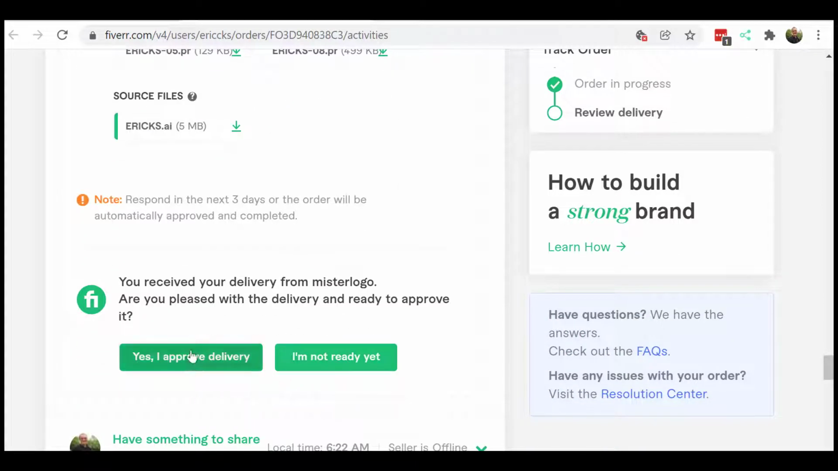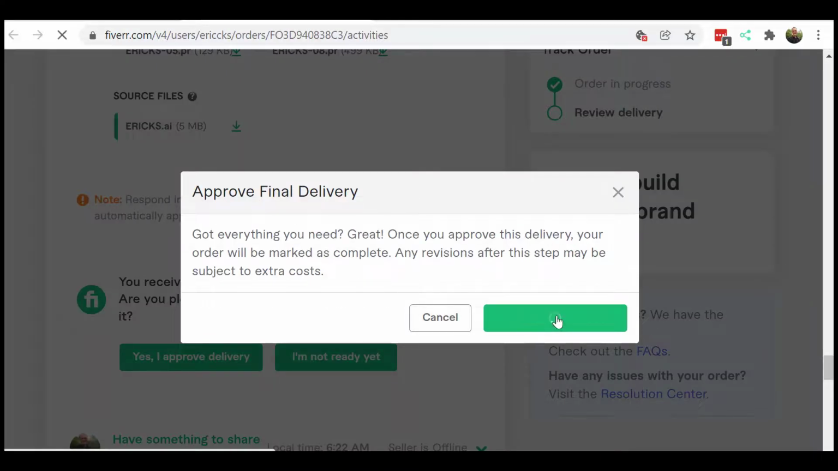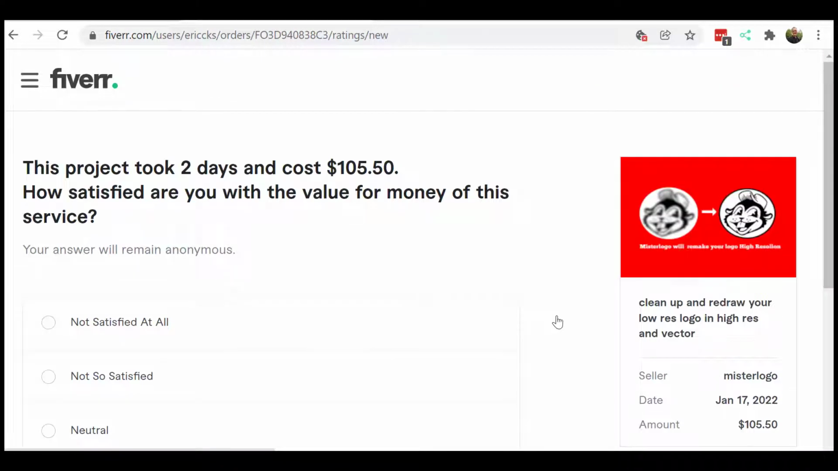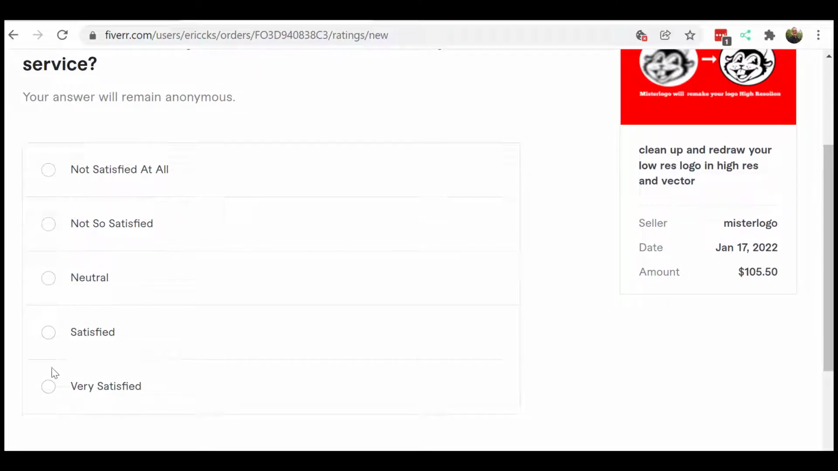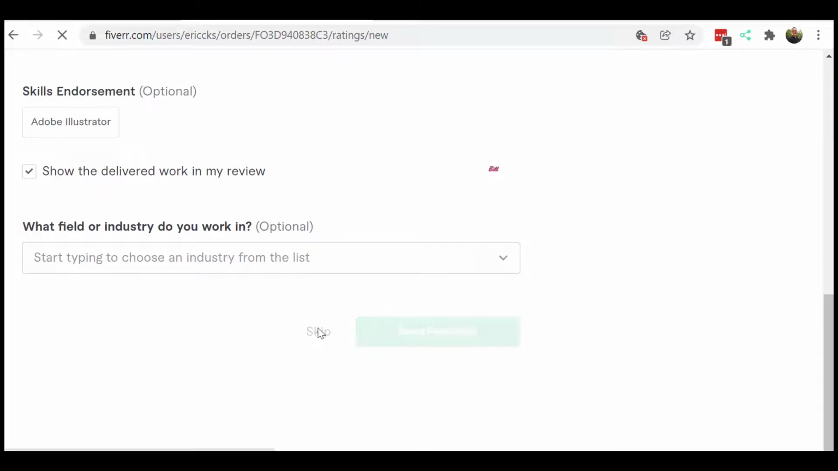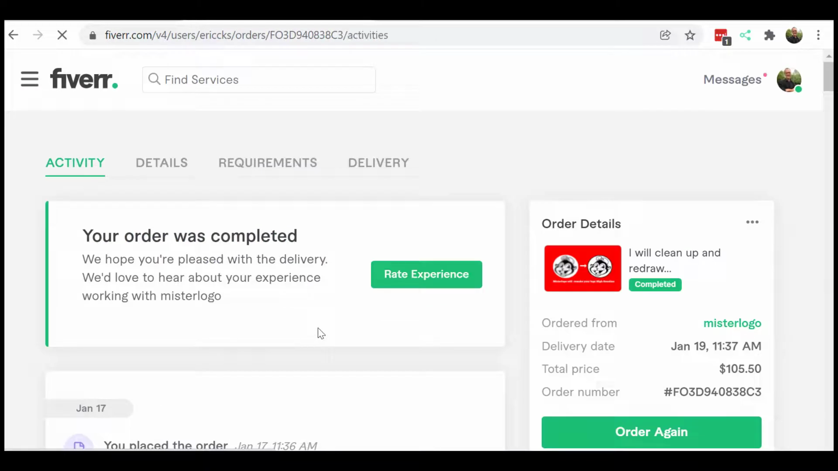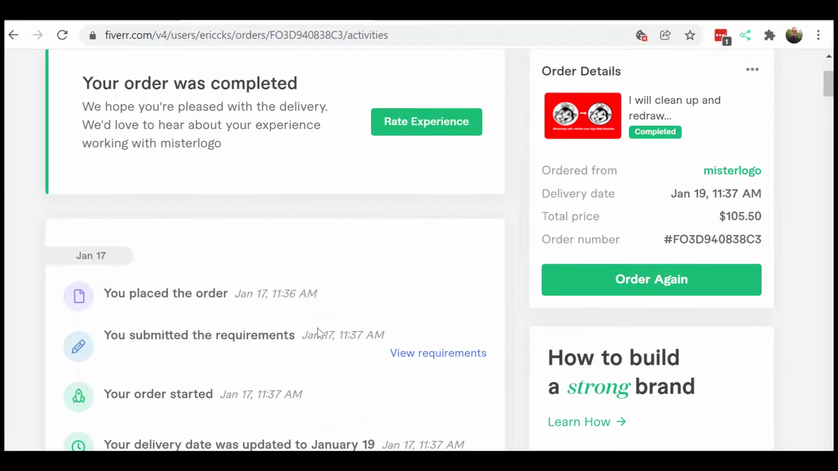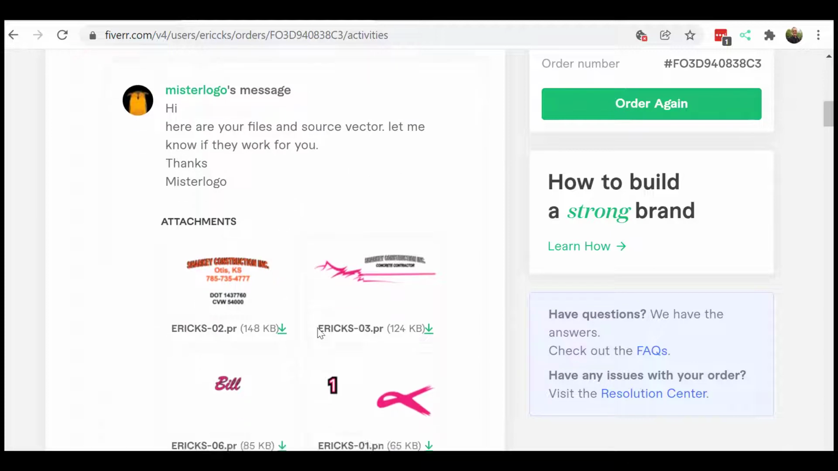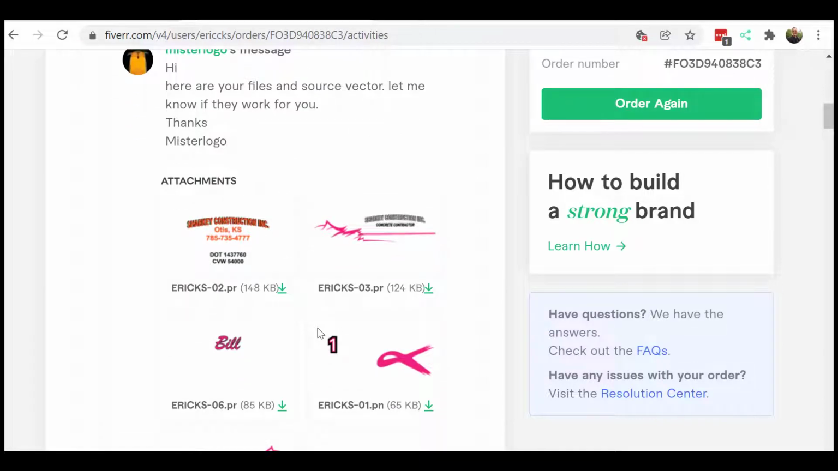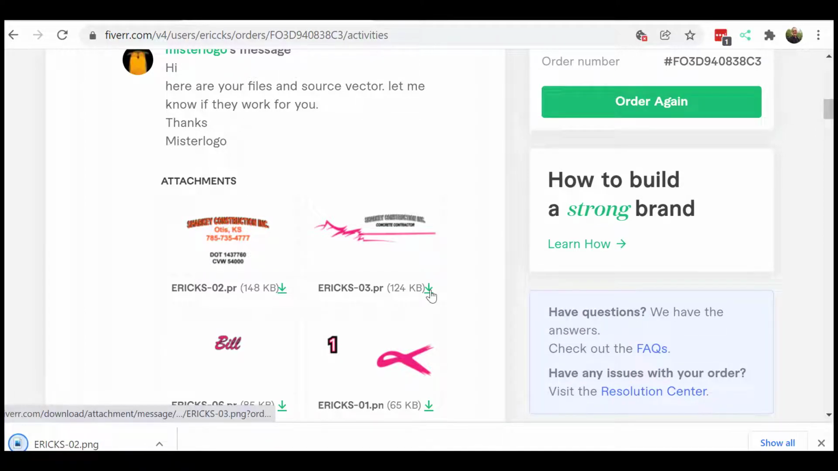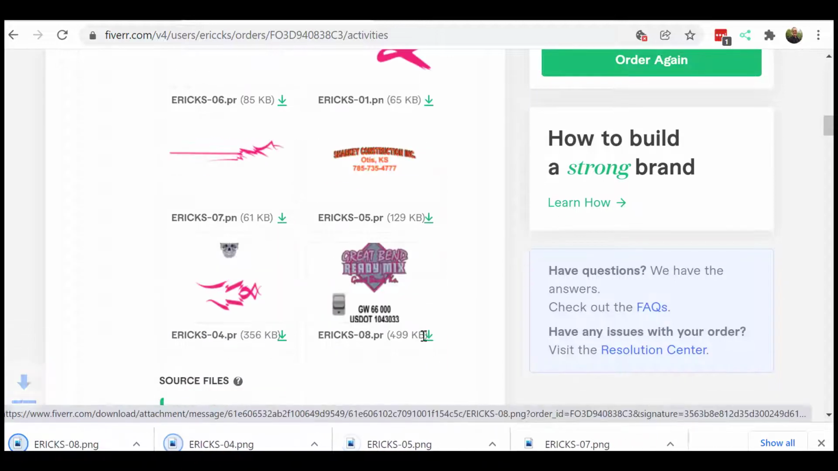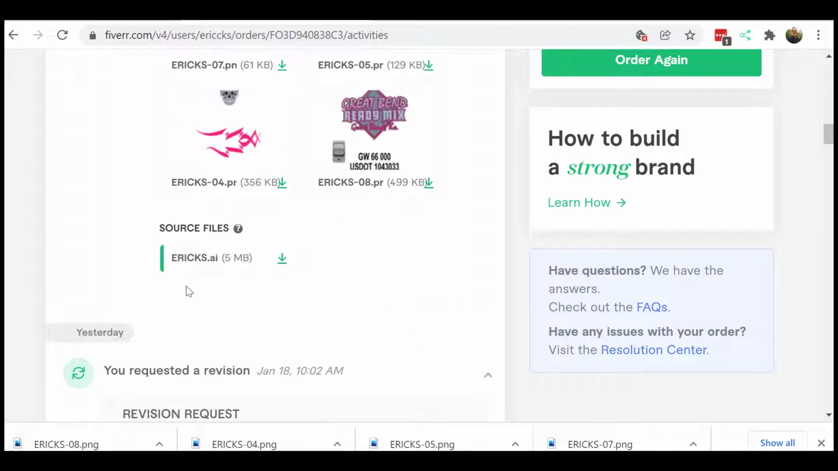So I'm going to approve the delivery, and I'm satisfied. We're just going to skip the feedback for this order. Once we have filled all that out and we got to this point, now you can download your artwork. And in this case, I actually have the source files. So this is